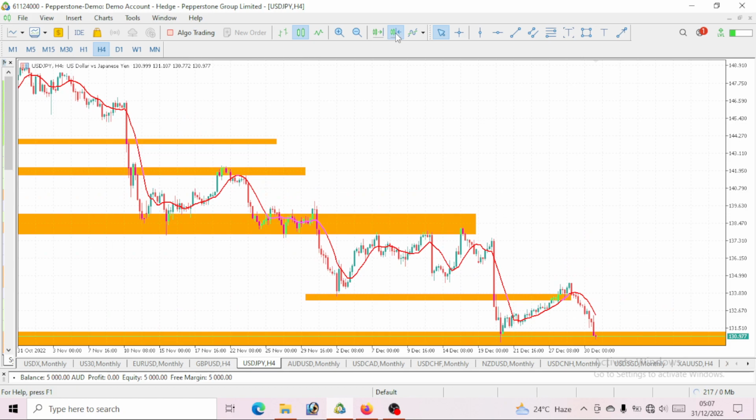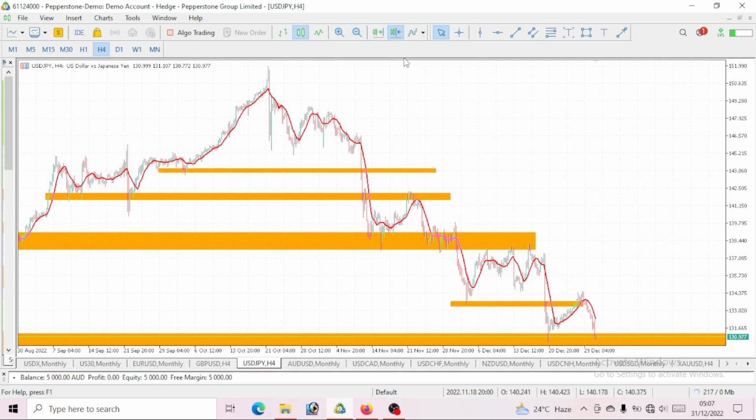Now let's see what the 4-hour time frame says. On the monthly time frame it is bearish. On the weekly time frame we are bearish, right? We have to go sell. On the daily time frame, same thing, bearish, we also have to sell. Now on the 4-hour time frame, where we would want to place our trade, we must also get a bearish move. If you are getting a bullish move, then definitely stay out of this trade. Do not place a trade. I will advise you not to place any trade.